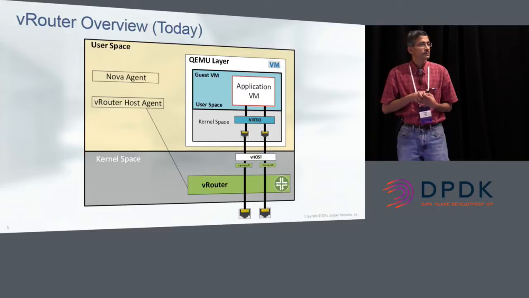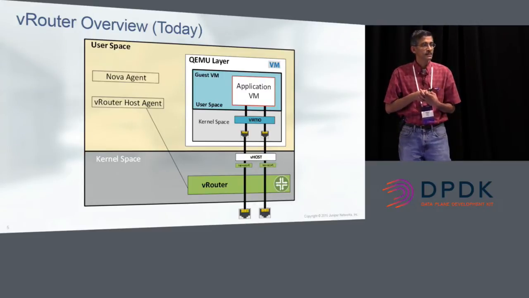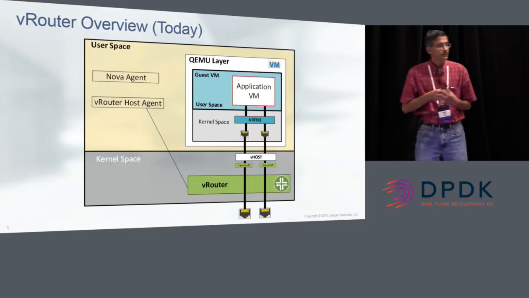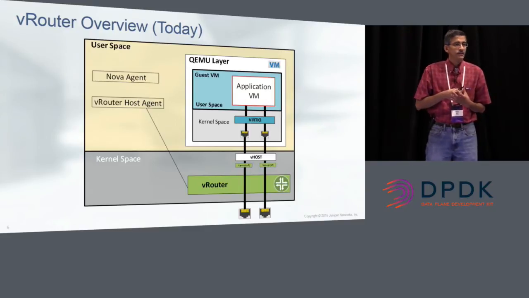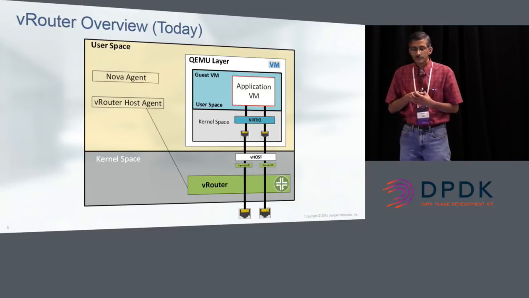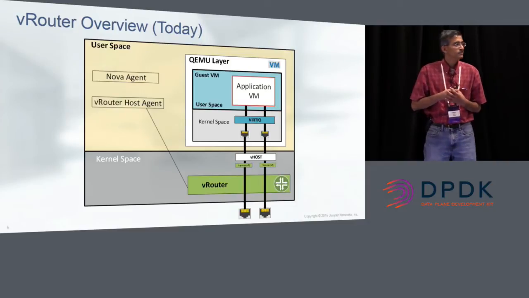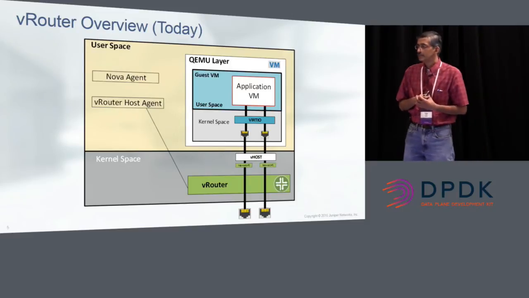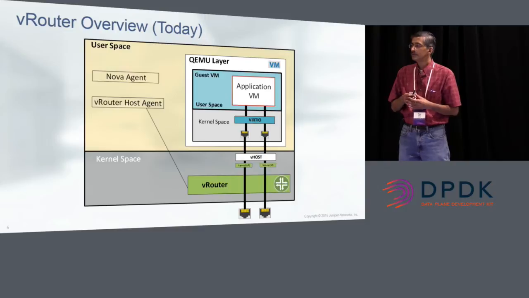And another change we made was to enable support for segmentation and receive offloads. So the VM can send a large TCP segment up to 64K. And for non-overlay scenarios today, many NICs are capable of segmenting TCP segments into smaller segments on the wire, but most NICs cannot handle overlays. There have been some NICs introduced in the last couple of years that can do it for selective scenarios like VXLAN, but this work was done even before that. And even today, what you can do for MPLS is still quite restricted.